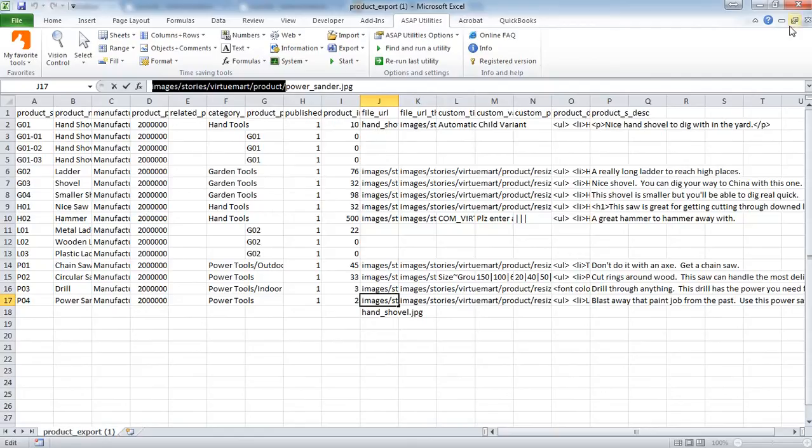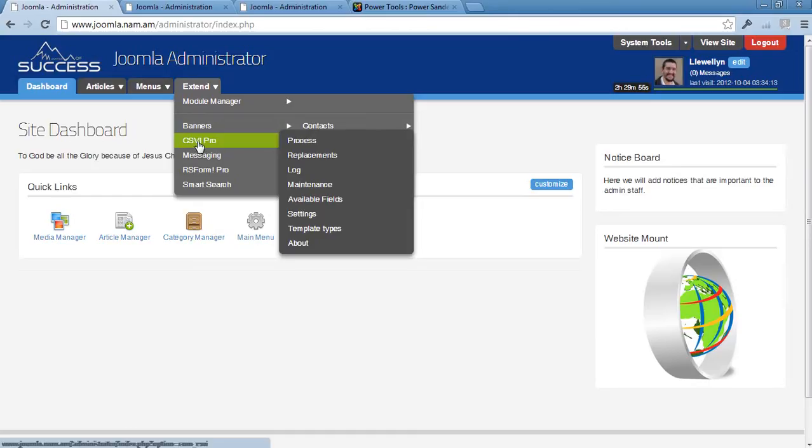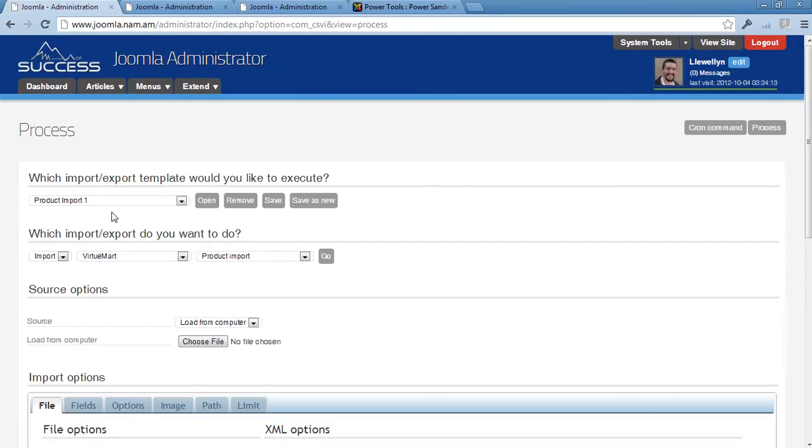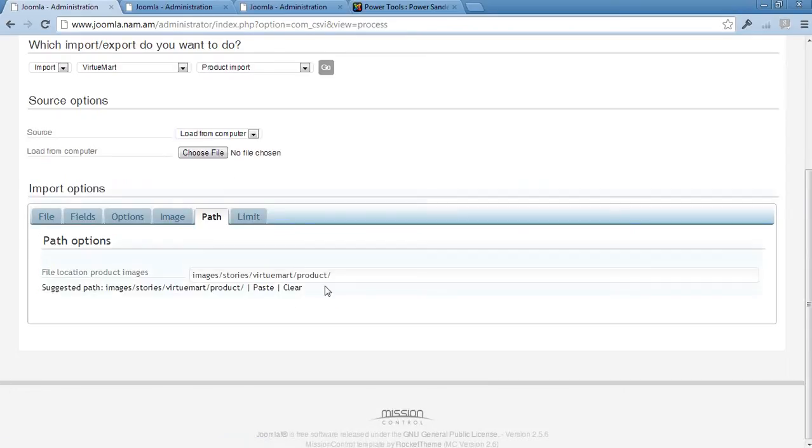Since by default, if we go back to the website and we go to VirtueMart Pro process, and we select the import and open it, I've already done that, and we look at image path, we see that it's already adding this to the import. So the column that has the image detail in it doesn't need to add it again. It needs to add whatever comes after this product folder. So if we go back to our spreadsheet,